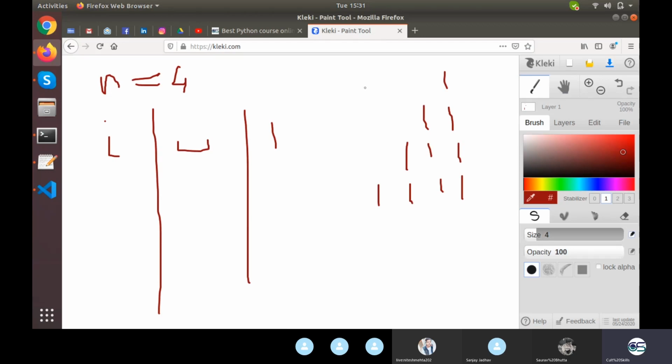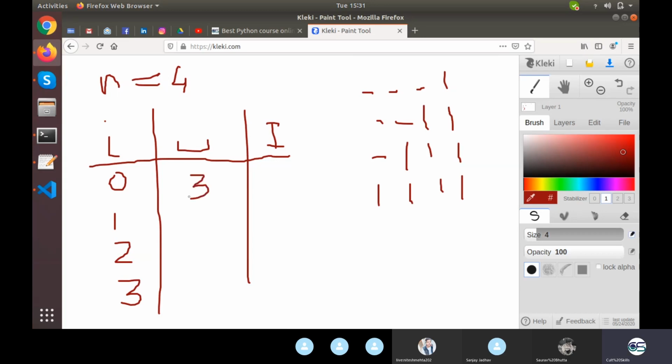So there are basically 3 spaces and 1 star, and then right here 2 spaces and 1 star, then 1 space and 1 star. So let's write all of them. Firstly, the value of I will be 0, 1, 2 and 3. What I am teaching right here is how to build the logic, not how to write the code. This is my star, which I have represented with this I, space and value of I. Okay, so 0, 1, 2, 3.